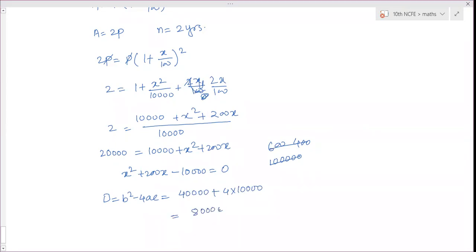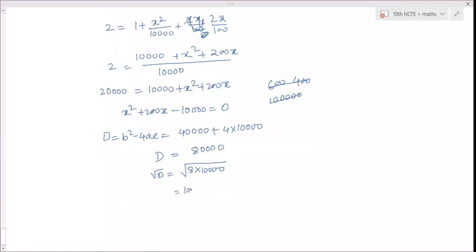Ma'am, how many marks will this come in the exam? This still hasn't come in the exam. If it comes, then 3 marks. Oh, okay, ma'am. But in the exam, there would be a lot of these kind of compound interest sums, right? I have not seen. Okay, ma'am.